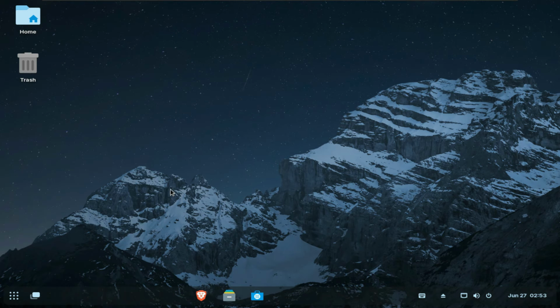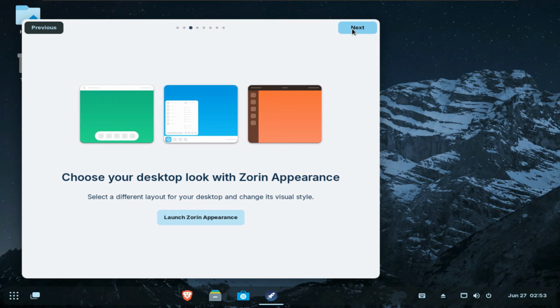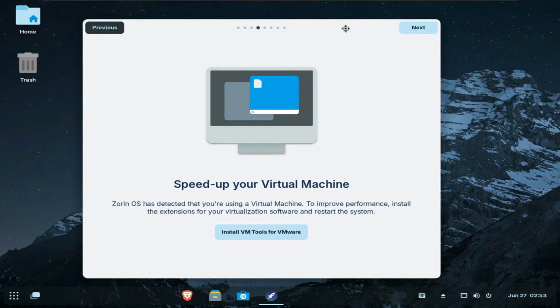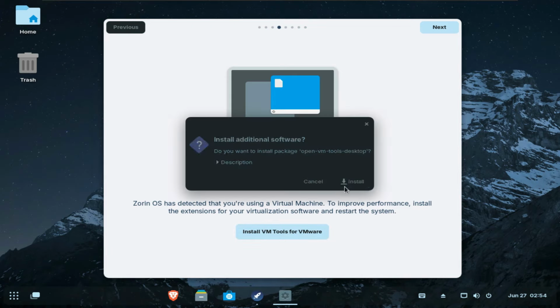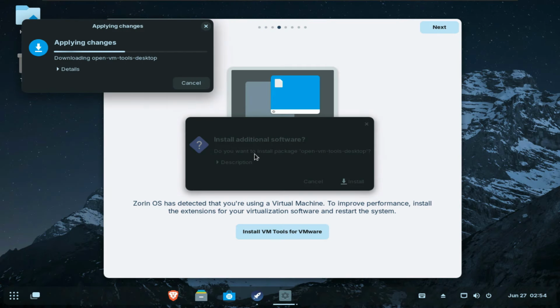Okay, I might have to take that tour actually. Yeah, let me just sort that thing. Next, speed up your virtual machine. Oh, that makes a lot of sense. So that's why that thing is slow. I thought it was just slow for no reason, but it appeared that I needed to install some updates or something, which is this additional software, which I will need.